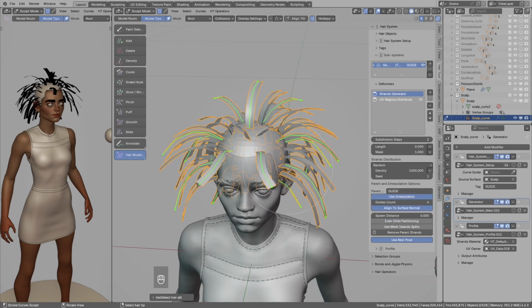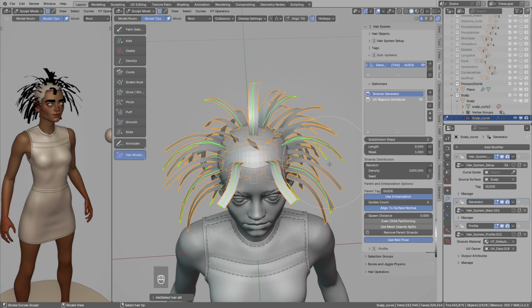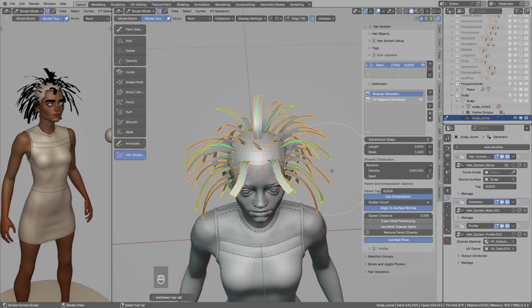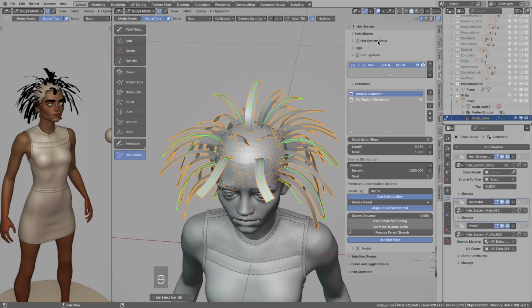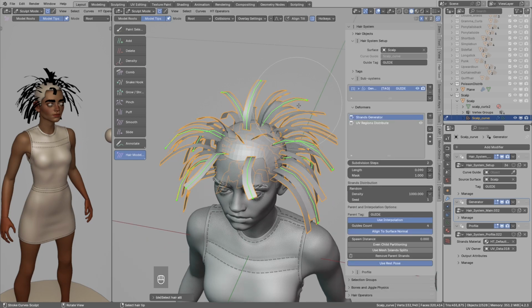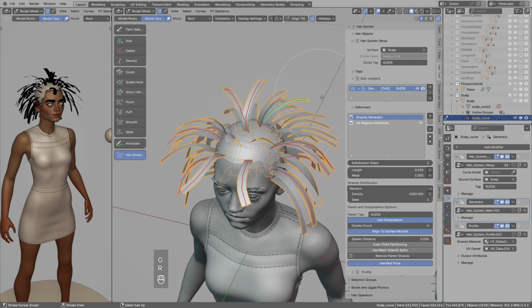And the way the interpolation is set up in the hair tool is by usage of tags. So basically you can assign a tag, which is kind of a name, to a bunch of strands. So for example, in the hair system setup, the guide strands, the green ones that we added previously, receive the tag guide.